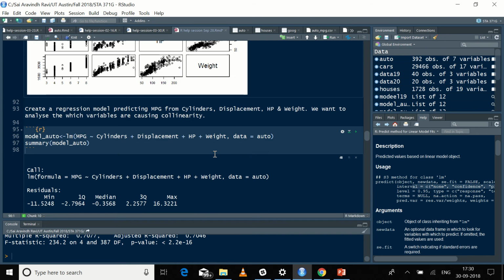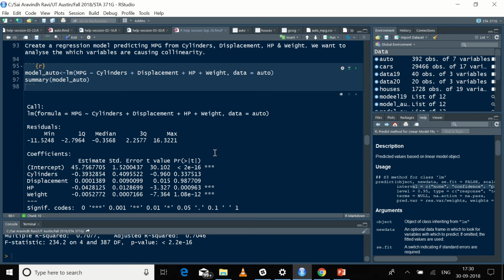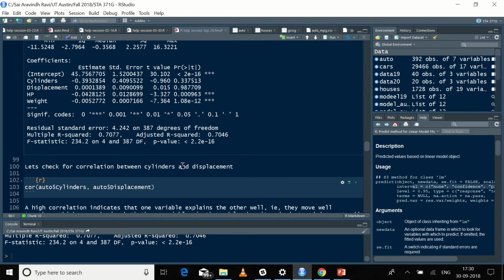Do they move together or do they move against each other is what correlation measures. Now let's check the correlation between cylinders and displacement, because they're the variables that aren't significant. When I check for that correlation, I see that the correlation is 0.9508, which means that they go pretty well together, because if you realize the correlation index, it can be only between -1